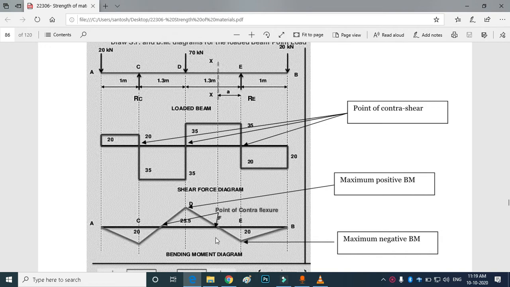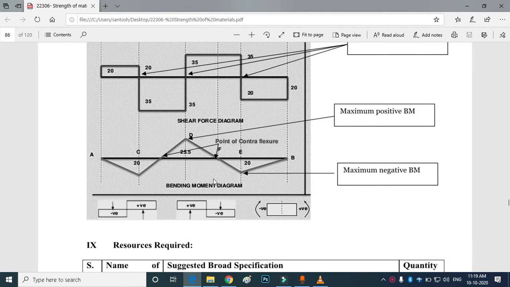Okay, so what is the point of contraflexure? The point of contraflexure is that point on the bending moment diagram where the bending moment diagram changes its sign, or where the bending moment becomes zero. So as the bending moment diagram moves from one end to the other, or from one portion to another,